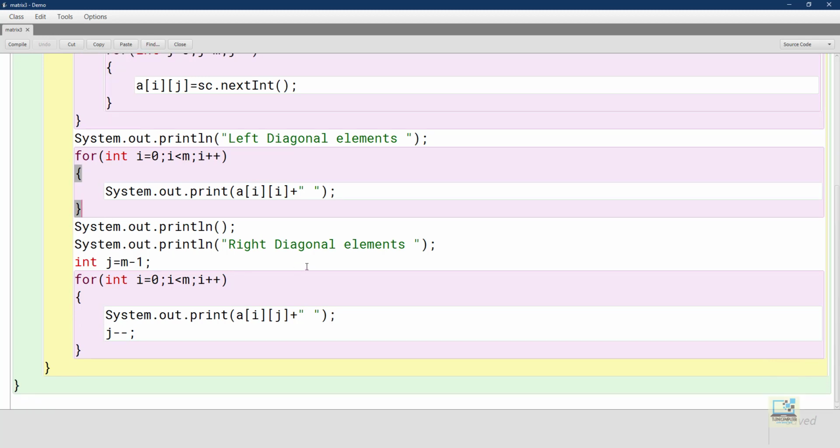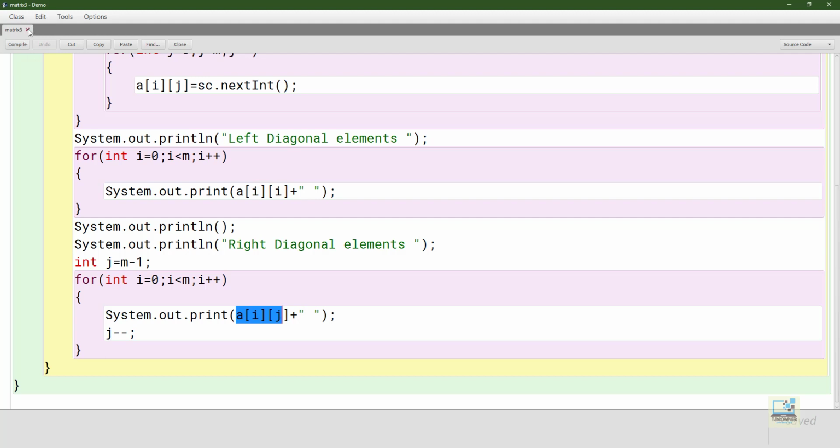In case of the right diagonal, I have told you that i value is increasing, j value is decreasing. So it is like 0, 3, 1, 2, 2, 1, 3, 0, like that. So I have set a variable j to the maximum, the upper index of the column, and i is set to 0, the lower index of the row. i is increasing, j is decreasing. First time i is 0, j is 3. If I assume it is a 4 by 4 matrix, then j is first 3 and i is first 0. So it will access 0, 3, then i will become 1, j will become 2, it will access 1, 2, like that. Then i will become 2, j will become 1. So it will access 2, 1, like that, then 3, 0.